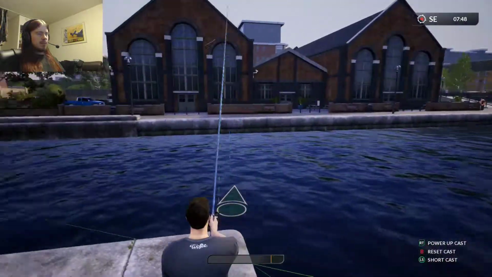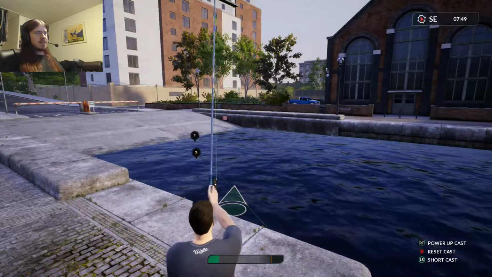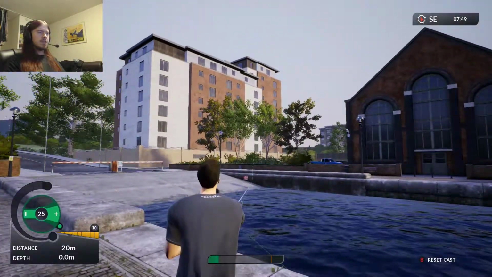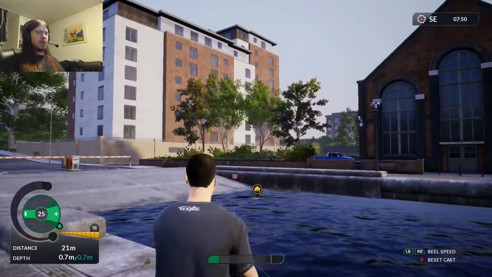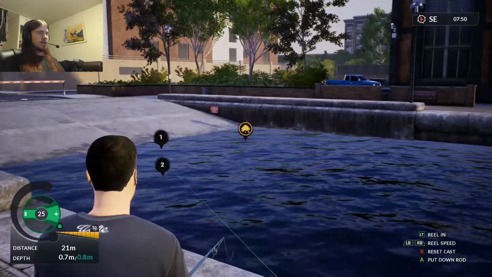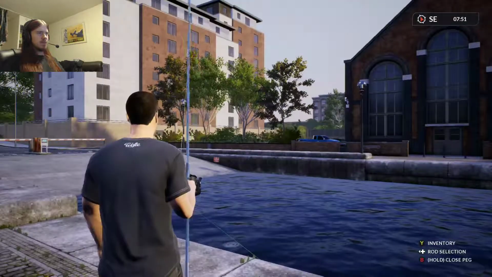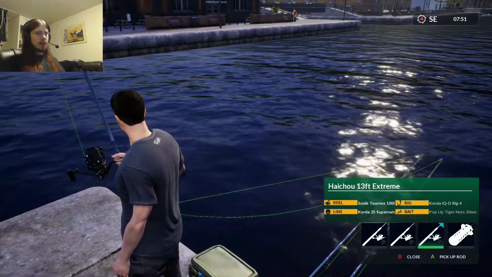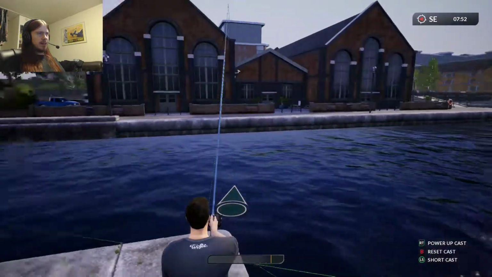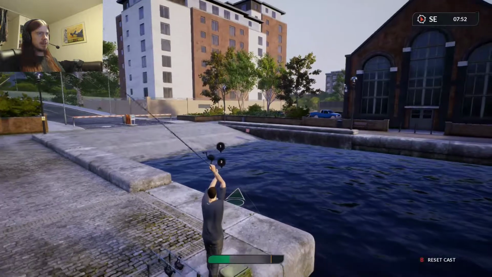Could it be that the angle is so weird for the number 3 rod that it won't work? Like here it lets me put it down. So I don't know what the issue was before. But I actually want to put it a little closer to the edge there. So if I can do that...